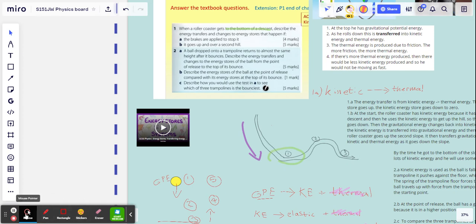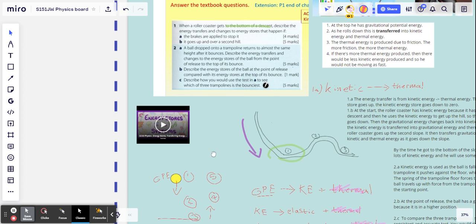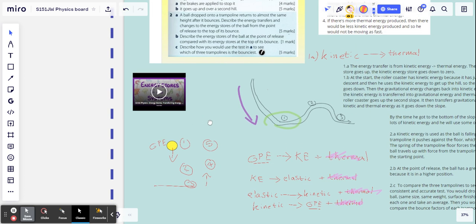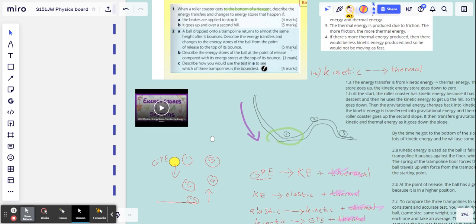Okay, so now 2B, it says, describe the energy stores of the ball at the top of the release, compared to its energy stores at the top of its bounce. Well, I did actually sort of describe that anyway in the previous video, but essentially because it's